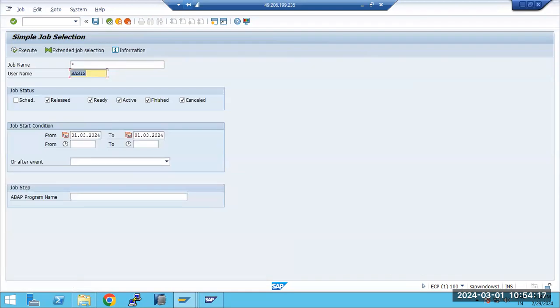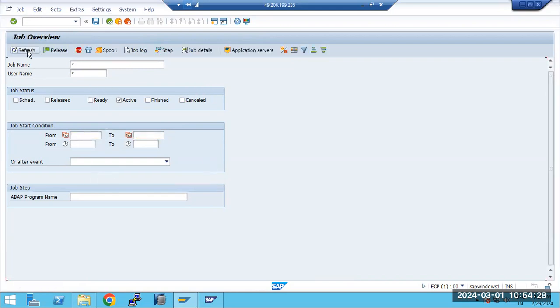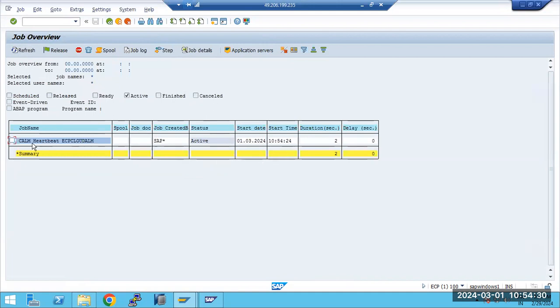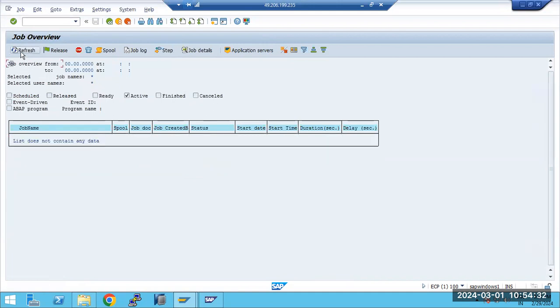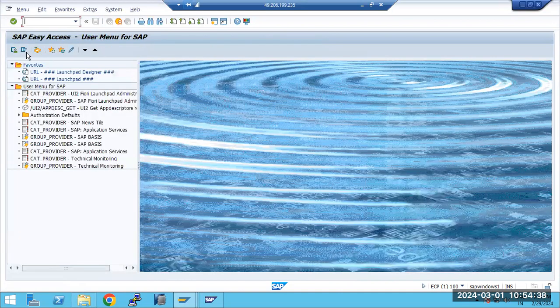Sometimes what happens, a job will run for a very long time. It keeps on running for the last 3 days, or from the last 1 month onwards. See here, this Heartbeat job started running and completed; it started only the last 2 minutes, last 2 seconds ago. Nothing is running, so system performance is good. Sometimes in real cases, if a job is running for a very long time, we may face